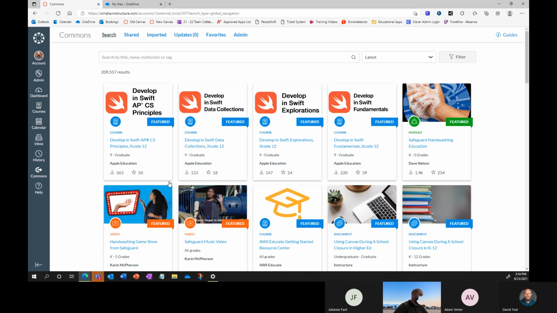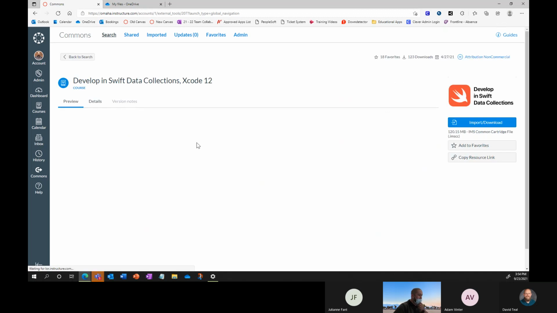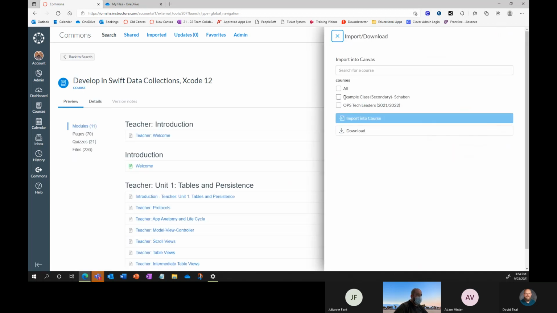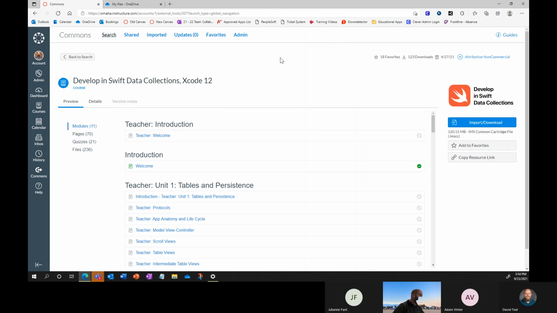So, for example, if we look along here, it'll tell us that this is an entire course that somebody shared. Apple made a Canvas course about Swift data collections. It tells the levels of grades that it's good for. And if I want to take this, it's free. I can just click on it, hit the import download button, and then select all the classes that I want to send it to. And then that will import the entire course, all the pages, all the modules,